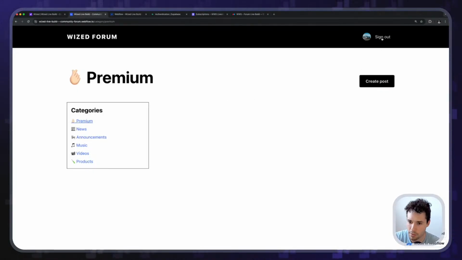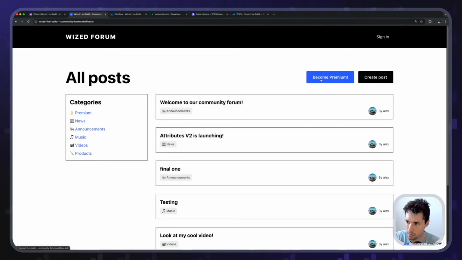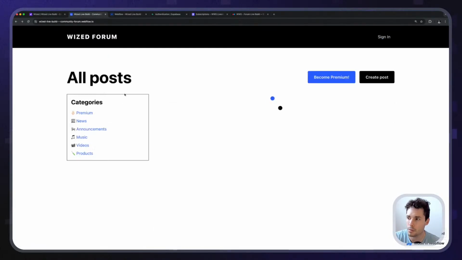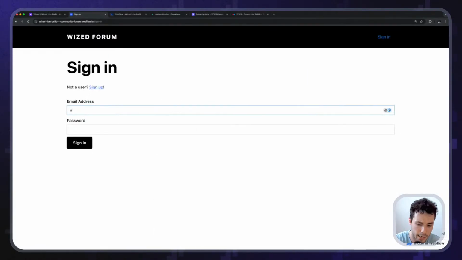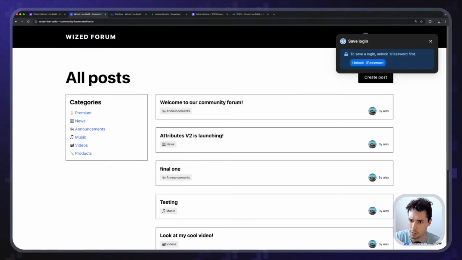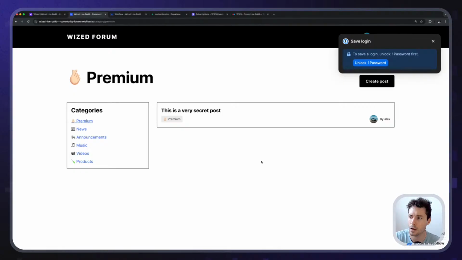Let me test something for the sake of testing. Become premium. No. Sign in. I signed out because I want to revalidate the token just in case, because I want to check if this is an issue. All right, interesting. So it looks like